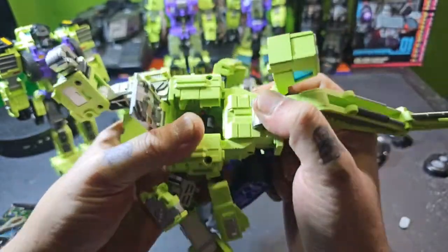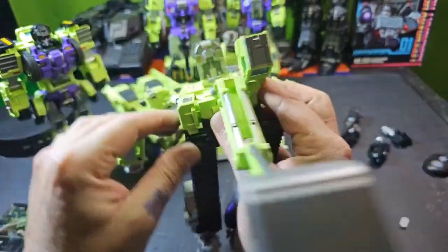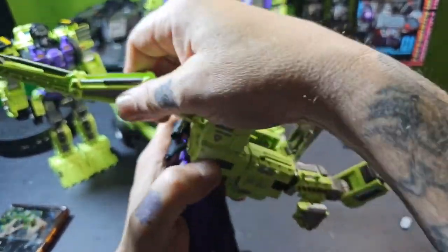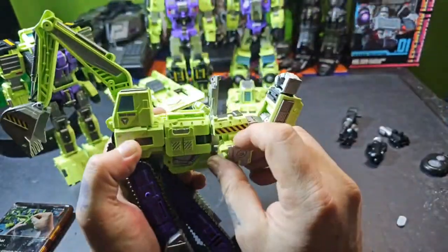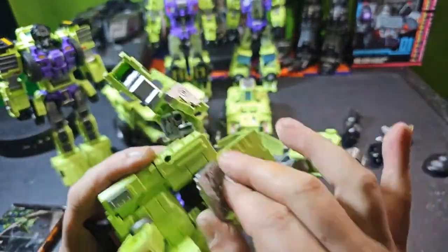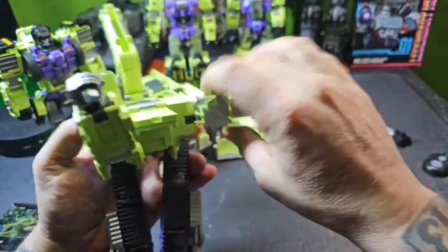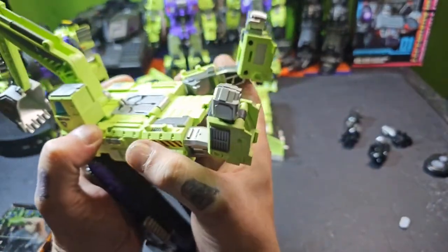All this needs to come back like so. This will come forward. This will come forward. This can come back down. This will stay just like that. That needs to go in there. Lock into place. This will tab into the side. Rotate all this so that it comes back